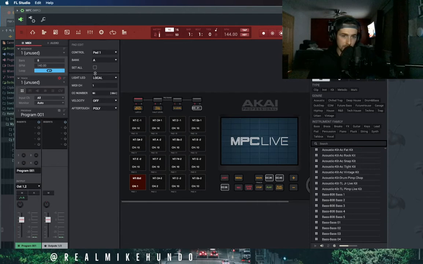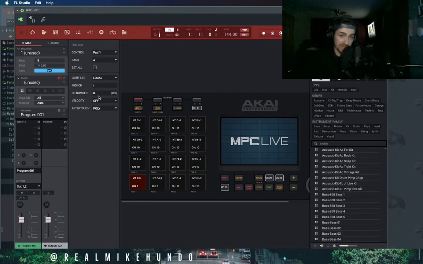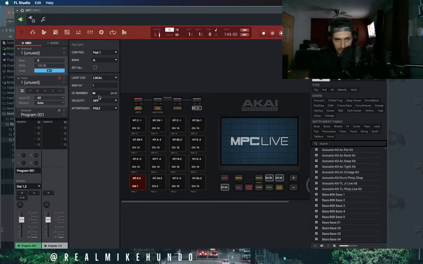So every pad you go to, set it at 60. The reason you want to set it at 60 is because that's what's going to play the note C5 inside of your sampler. If you open one of your samplers, there's going to be the little piano, and the default bass note in FL Studio in the sampler is C5. So you set each pad to C5 so that when you hit the pad, it plays C5 in the sampler,